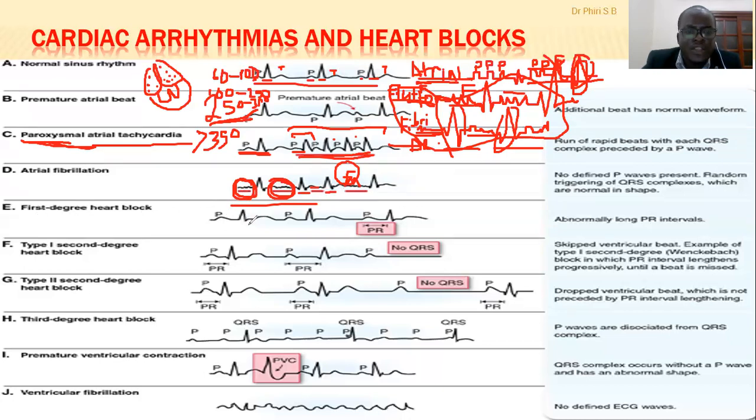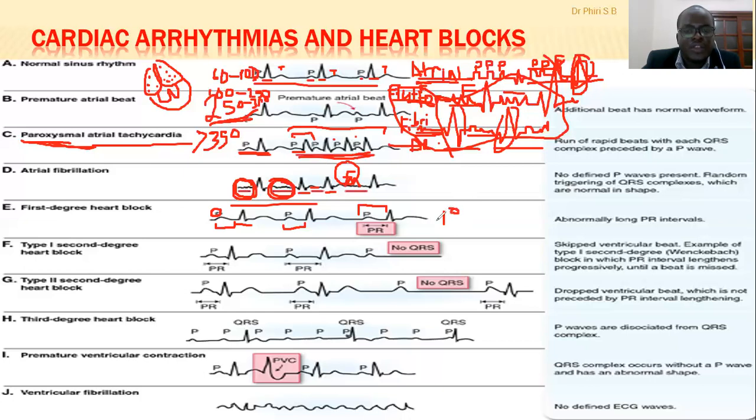So we said in the first degree heart block, you have elongation of the PR segment, which is consistent. So you can see this PR segment is consistent from here, even here, same duration of PR segment without a missing QRS complex. So each and every P wave will be conducted to produce a QRS complex. Then this is a first degree